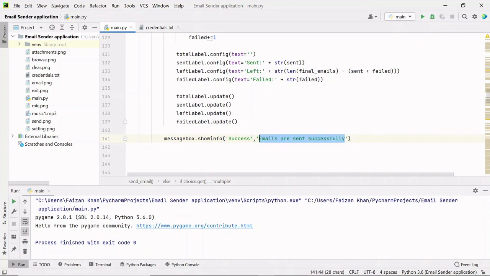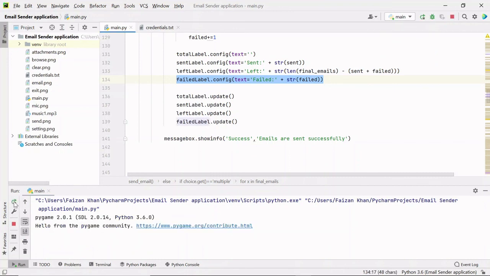So once I am out of the loop, it means some emails are sent, so that message you will see on the screen, right? And if some emails have failed, you will see that on this failed label. So I guess our functionality is done.